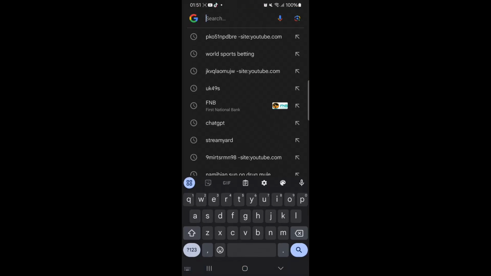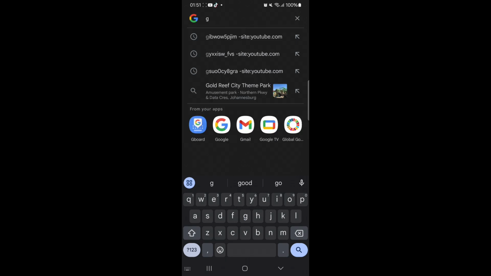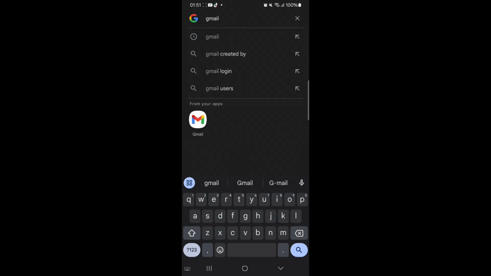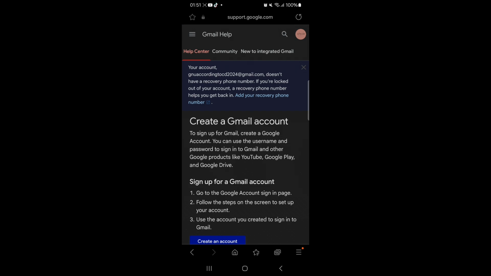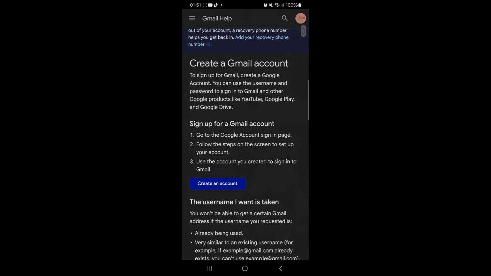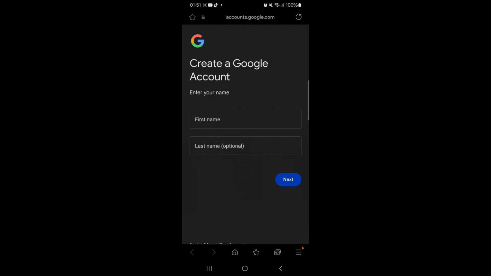search, and then of course, because you need a Google account, so we just say Google account, just to say Gmail account in this situation, and then you go to Gmail and create a Gmail account. That's where we'll go, create a Gmail account. And of course, we go to where it says create an account. You click on that. And then, of course, because I want to start a whole new YouTube channel, I don't